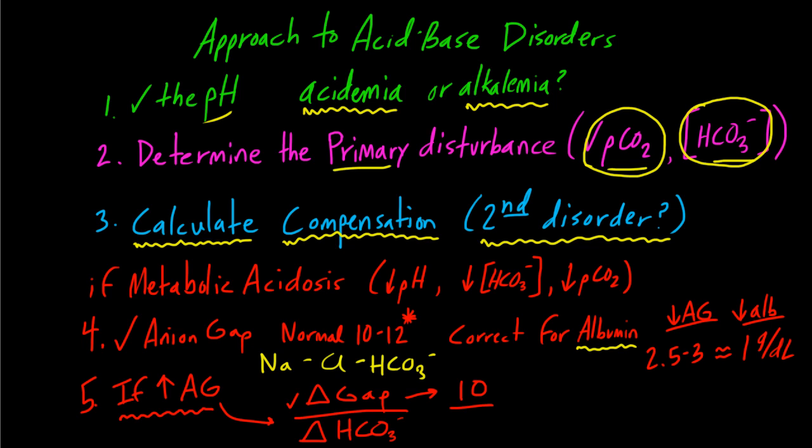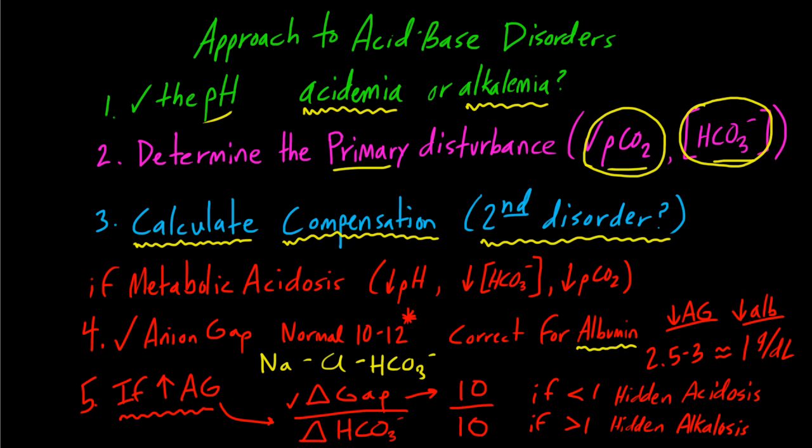Under normal circumstances, if there was only an anion gap acidosis going on, you would expect the bicarb to drop by 10, right? For every milliequivalent of acid added, it consumed about the same amount of bicarbonate. So you'd expect the bicarbonate to be reduced by 10. So if it went from 24 to 14, that would be a delta of 10, and these match up pretty well. So the ratio here is 1,